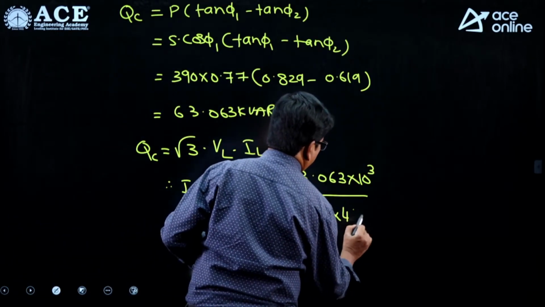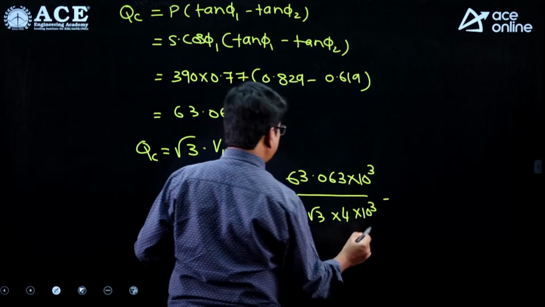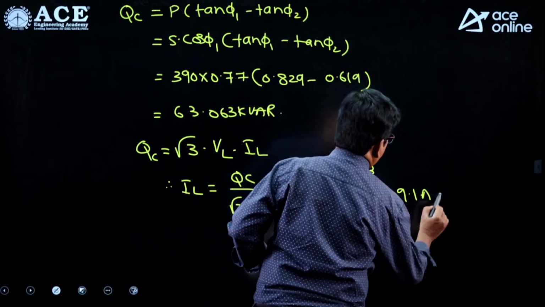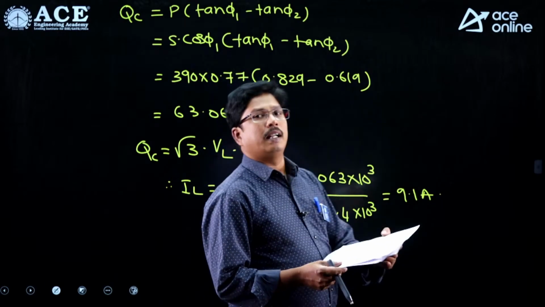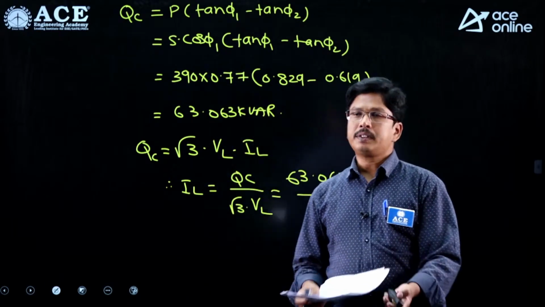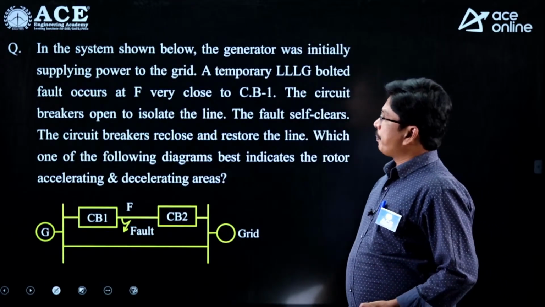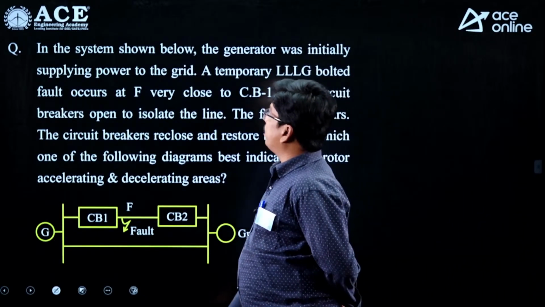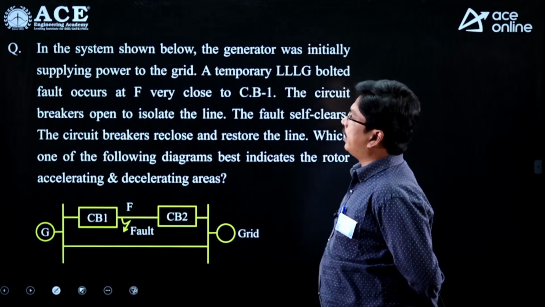4 into 10 power 3. So if you calculate this value, the line current that you are going to get is 9.1 amperes. That is the line current you are going to get, right, students? And the last question we can see: